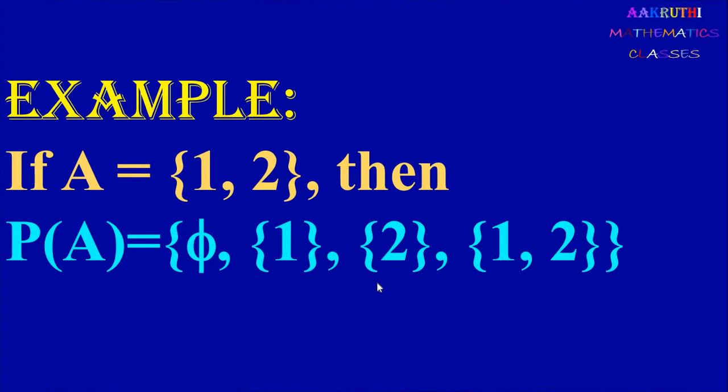That is power set of A. It is denoted by P of A. Consider the example A equal to {1, 2}. Then power set of A is the set of all subsets. Now here we have two elements, so the total number of subsets is 4. Here all subsets are there inside flower bracket, so this is a set of subsets, so this is power set of A. So power set of A is the set of empty set, set {1}, set {2} and set {1, 2}. So this is the power set of the given set, that is, the set of all subsets is called as power set.